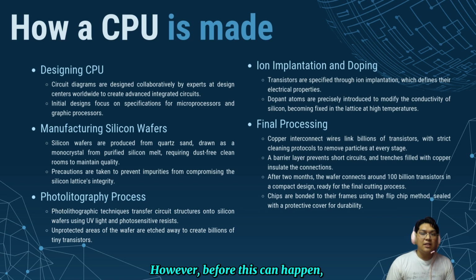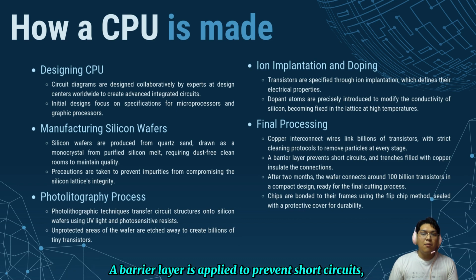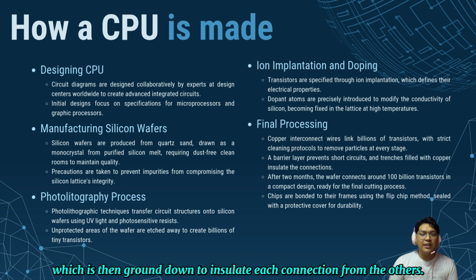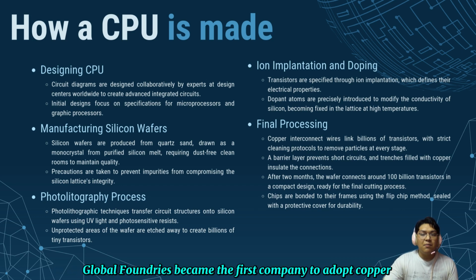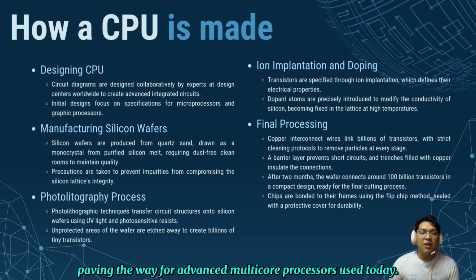However, before this can happen, the wafers must be thoroughly cleaned to eliminate any lurking particles. A barrier layer is applied to prevent short circuits, and trenches are filled with copper, which is then ground down to insulate each connection from the others. Global Foundries became the first company to adopt copper for large-scale production, paving the way for advanced multi-core processors used